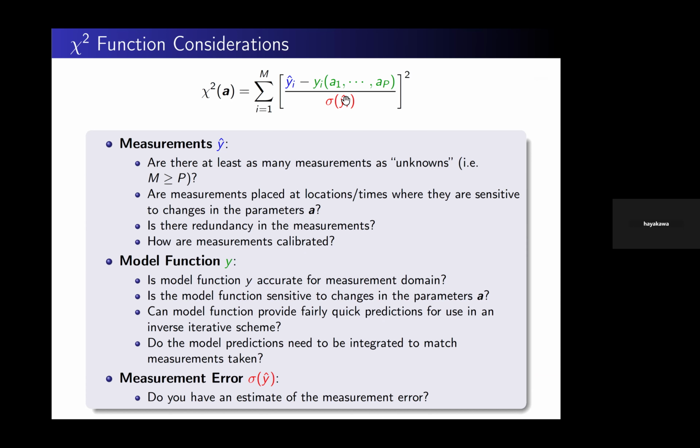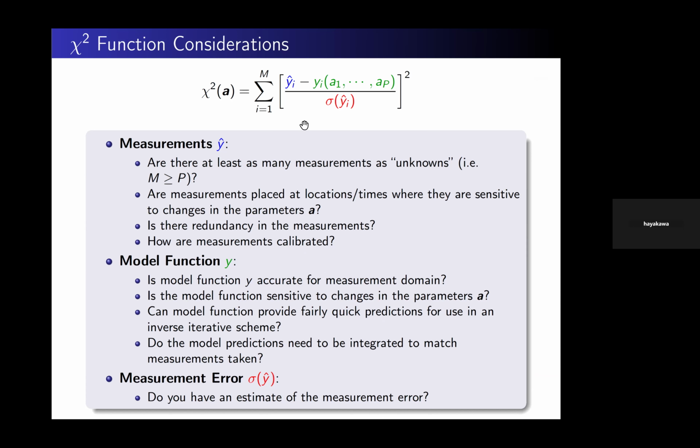So in green, I show the model function. We talked a lot about having the model function be accurate for the measurement domain. So with standard diffusion, you really have to have scattering much greater than absorption. You can't use it with a detector close to the source. And is the model function sensitive to parameters in A? Again, standard diffusion has no knowledge of g, anisotropy, so